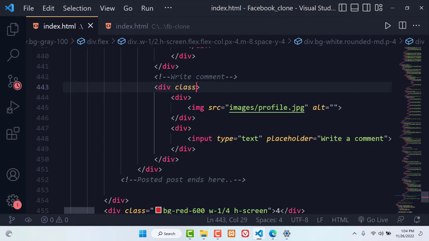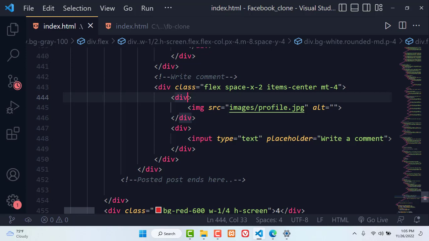So items should first of all flex in a row, and we should have some space in between them, so space-x-2. We should also have the items in these divs at the center, plus also margin top of 4. That's the parent div. For the div that is housing the image,